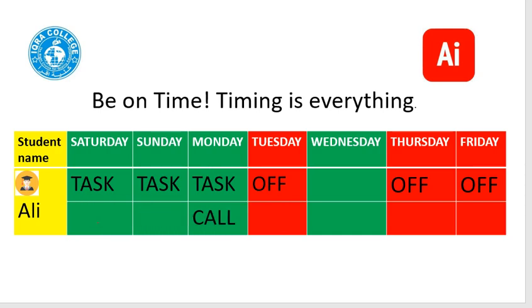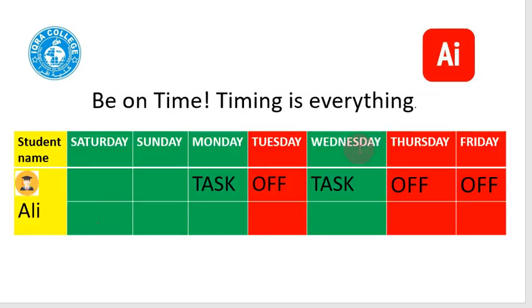So it's very important about the timing, and you also have to fulfill the other requirements as well. Okay. All right. Imagine Ali starts on a Monday. He starts the task on a Monday, and remember, you have to do a task 3 days in a row, but 3 days the group is open in a row. So for example, if he does a task Monday, he'll get 1 out of 3.